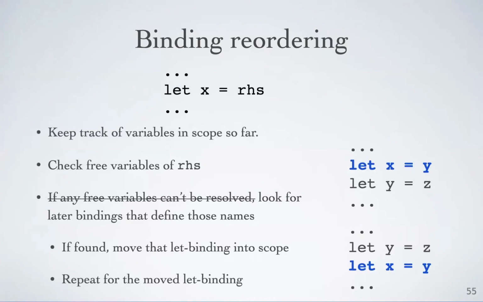But the way it should work, the way it doesn't work, is that at the same nesting level, if any of the variables at the same nesting level are the same name as the one you want, it will move that one into scope. And if there's none at the same nesting level, then it will look higher. And so in that case,